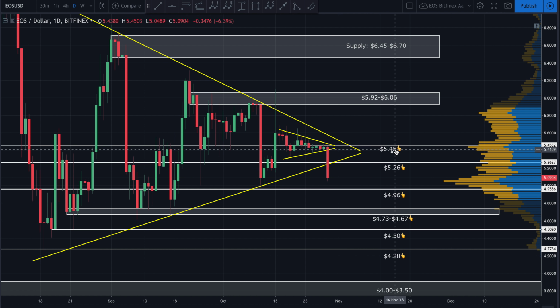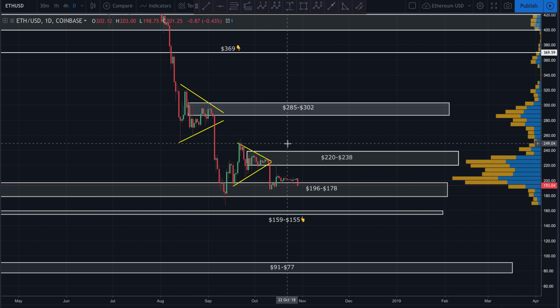To the upside, guys, if we do break above 5.45 and start consolidating above 5.45, I think that'd be an extremely bullish sign, and at that point, I may start to reevaluate this TA. Of course, we need to break up above and get above this zone here between 4.92 and 6.06. I'm not even going to discuss that as of right now, guys, because we do have this bearish break. If we do break above 5.45, at that point I'll send out a new analysis. But for right now, we're just going to be watching this $5 range. See if that breaks, $5 to 4.96, and if that does, we're going to be watching this area right down here.